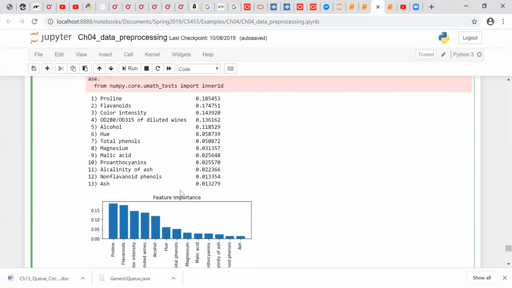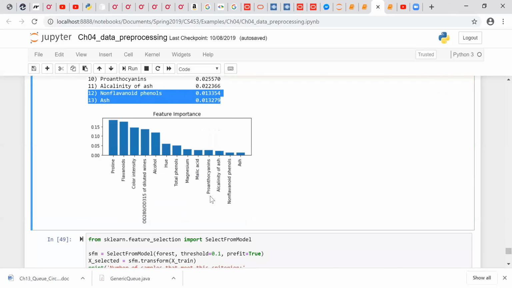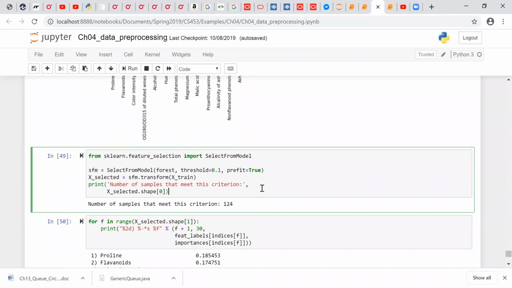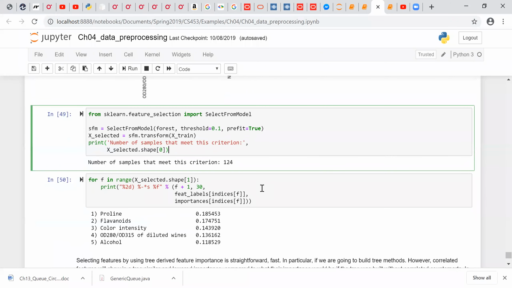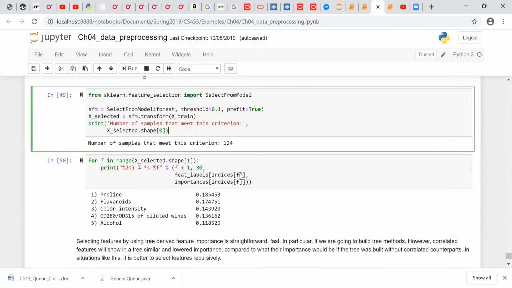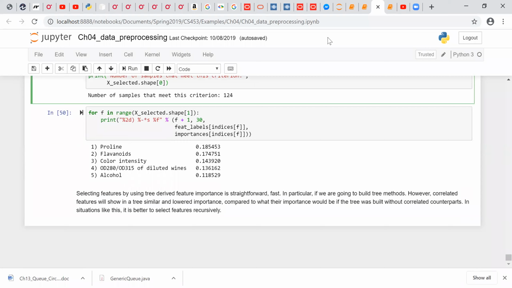And from this, you can also see that the last couple of features are not important. Their percentage within the complete feature importance summary is quite small. Even from this bar diagram, we can also see their importance is not that high. So you can then filter out the non-important features, and then do the training. So this is the